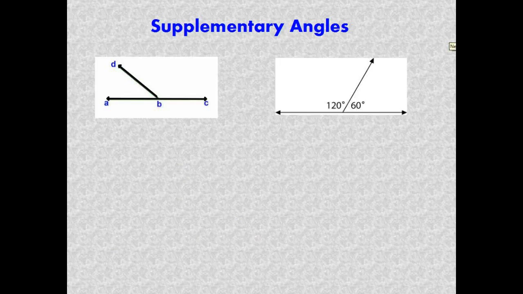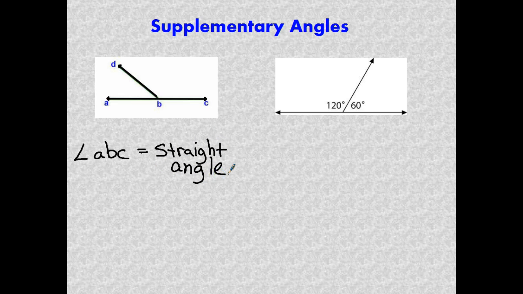Okay, the second type of angle that we're going to talk about are supplementary angles. Basically the rule on this one is that when you take a straight angle, you see this angle A, B, C, that one going from left to right, it's the horizontal straight line. We call that a straight angle. And what we know about straight lines or straight angles is that they are equal to exactly 180 degrees all the time. So if I take ray BD, if ray BD bisects the straight angle of ABC,